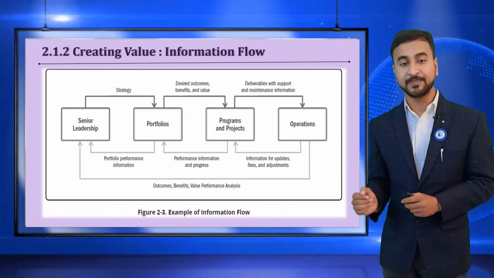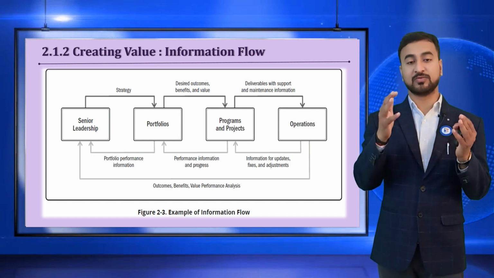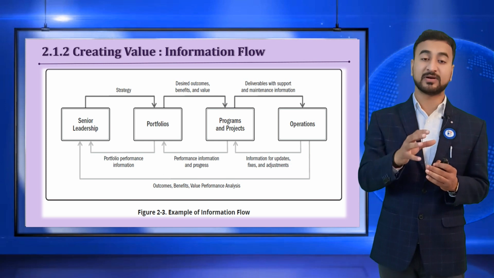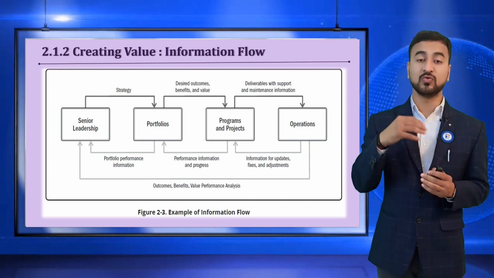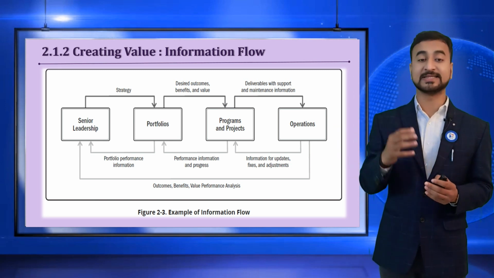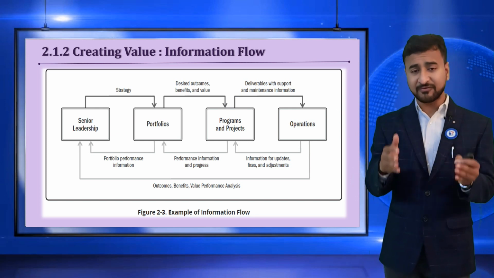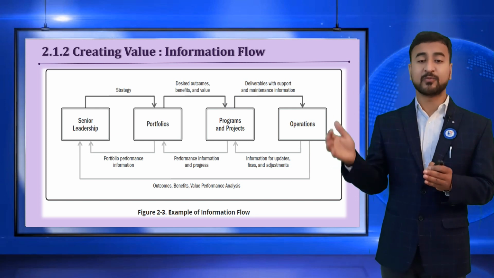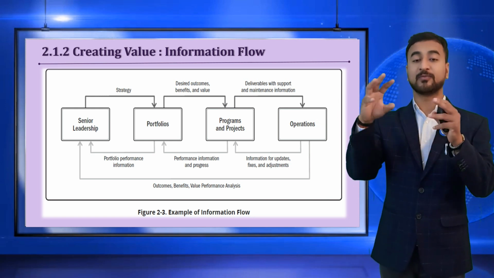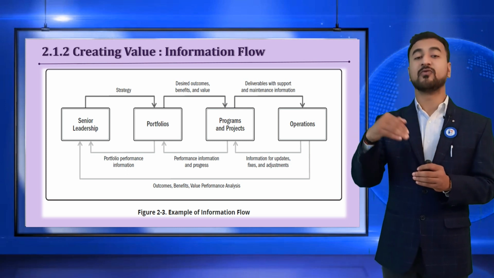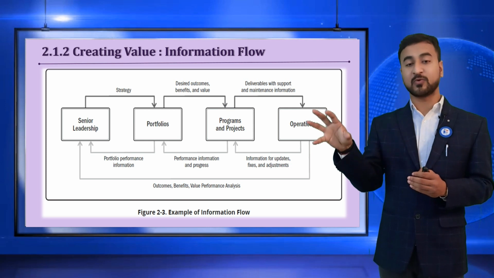If you check over here, first the senior leadership, who are CXO level, your board of directors and all that, their role is to provide a strategy. They define how to build a long-term plan. That is a strategy, what to do, that they basically define. After that, they define in a portfolio what projects and programs need to be selected or invested in for the next horizon or next financial plan. So they define the portfolio.